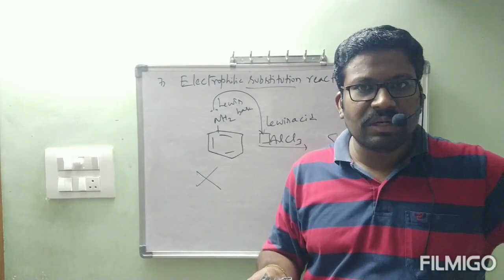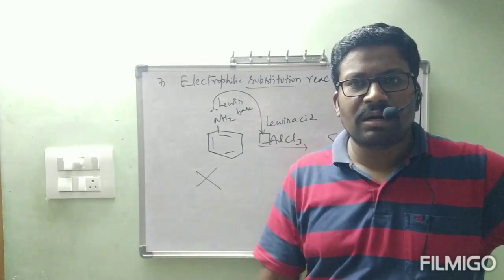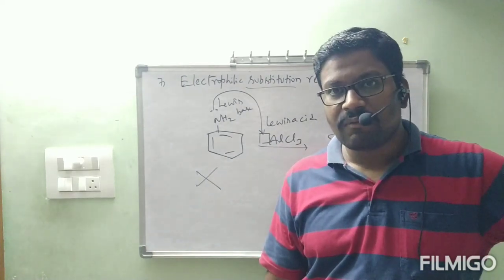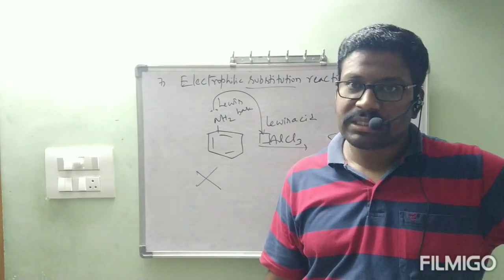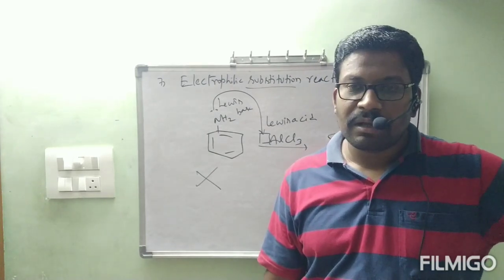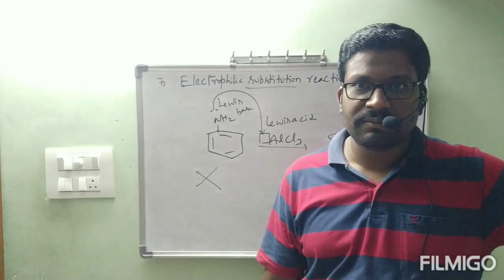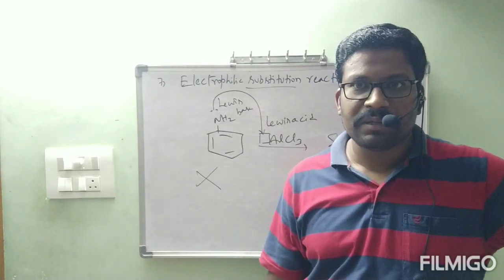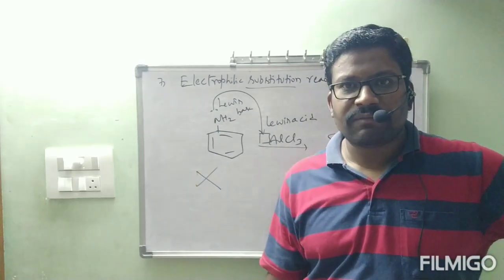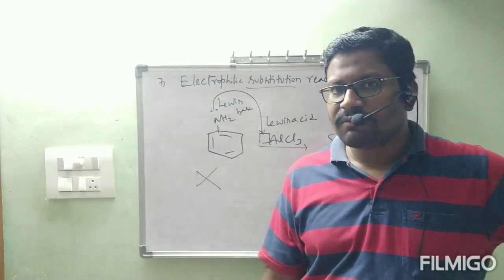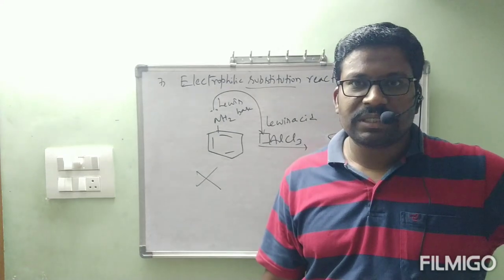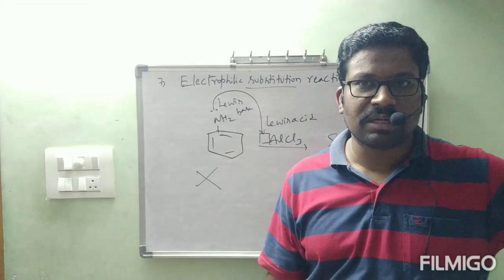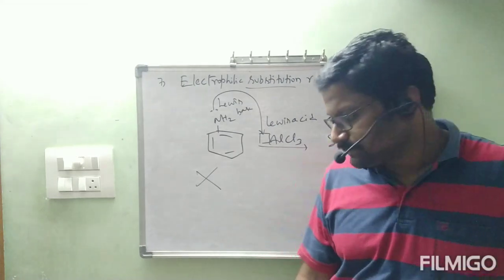In amines, they gave one separate topic called diazonium salt. We have to see what the diazonium salt is, how it is stable, how it is prepared, and what the chemical properties of the diazonium salt are. It is simple, no problem. Within one or two classes we will complete. After completion of the diazonium salts, at a time we will see the physical properties of amines as well as of diazonium salts.